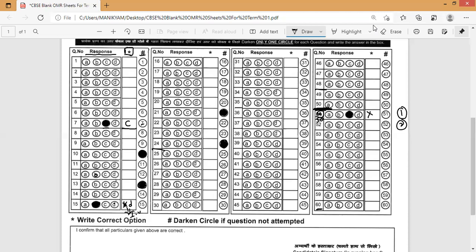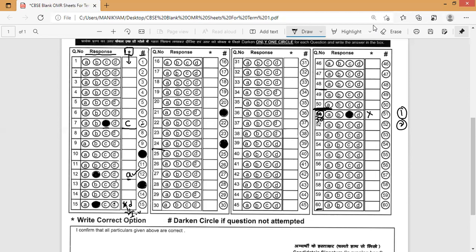Suppose I have not written B for this 12th question, and now I feel A is the correct answer. If you write A here, then it is a valid point. It will be evaluated. So again, you need not bubble A here. You write the final answer here. It is considered as the final for evaluation. That is why I said the star column is the most important one. This star row, this column, is the more important column. The hash column does not have much importance. That is the sixth point.